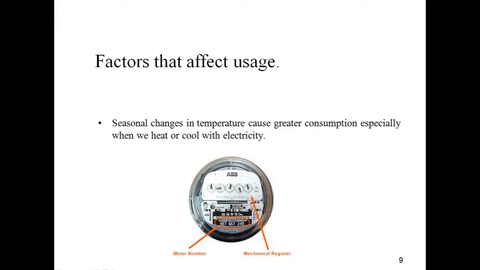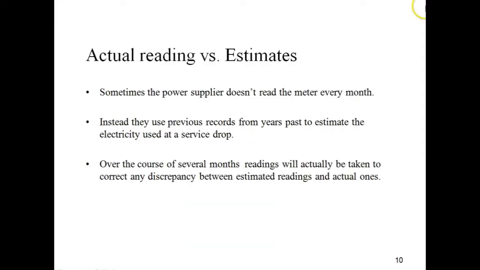What are the factors that affect the use of electricity? There are seasonal changes in temperature which lead to greater consumption of electricity. During the summer season, there is a requirement of more energy consuming devices such as AC and coolers, which makes more consumption. Similarly, during the winter season, heaters, geysers and other appliances make the electricity use different as compared to other seasons.